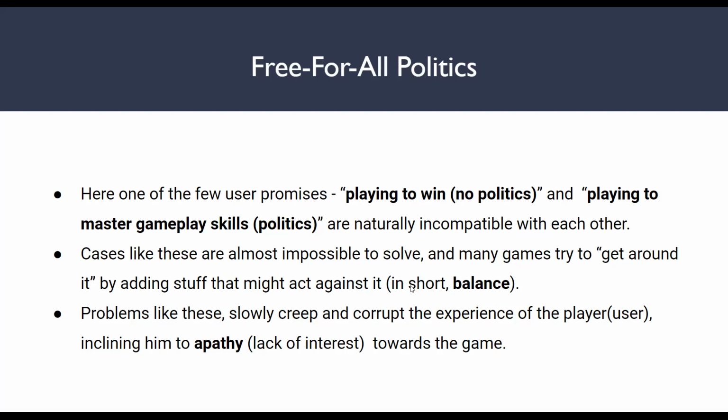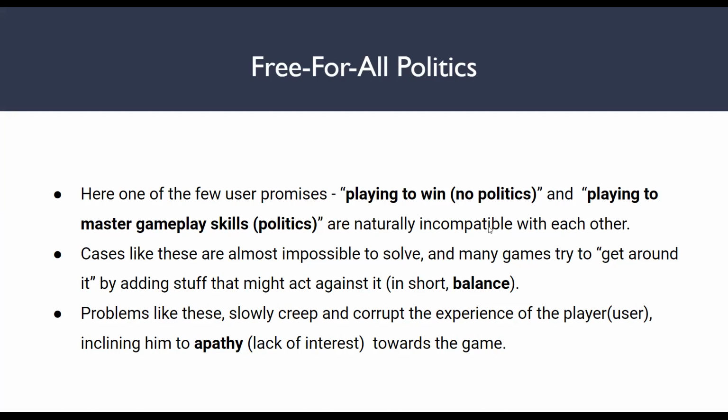Of course, there are some places where you can balance it out, tweak the numbers, and release patches for live service games. Do note that these user promises, the promises that the developer is trying to fulfill for a user, might not be noticeable at the initial stages of development.